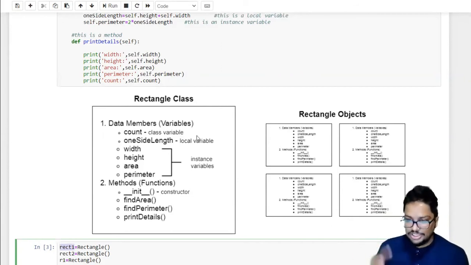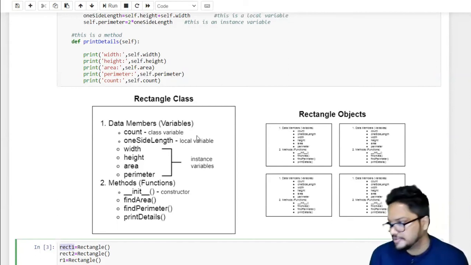Each object has its own set of data members and methods, its own copies.